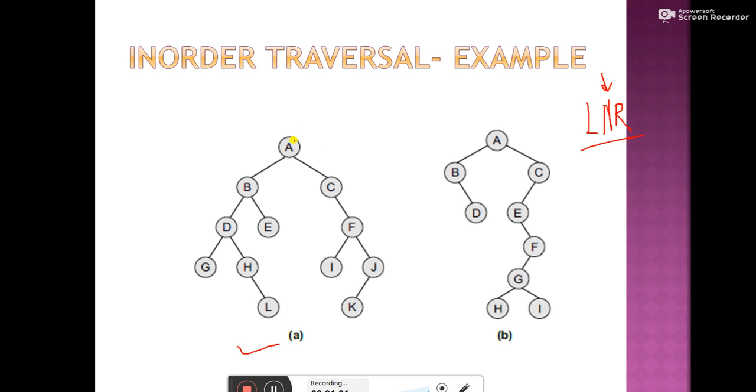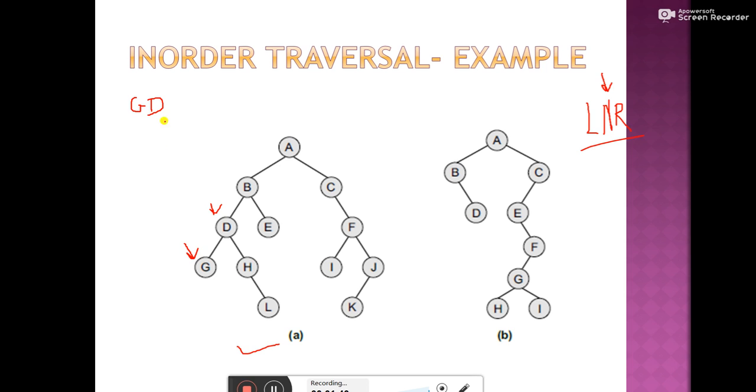So here we go to the root node first. So we need to visit the left part, that is the left subtree. So we go again to B, which is again a root for D, which is a left subtree. Then we go again, D is again a root for left subtree G. Now G further doesn't have any child, so we will take the leftmost node, that is G, first for the traversal. Then the next is the node, meaning the root node. So we'll go to D. D is visited next.